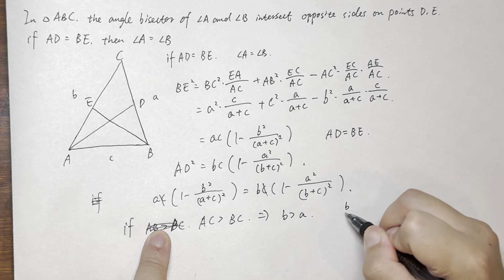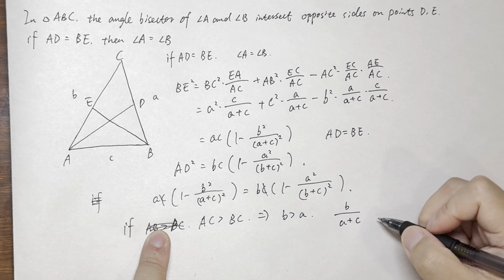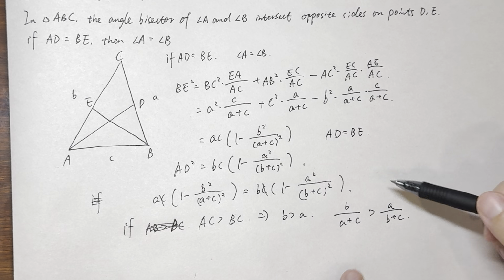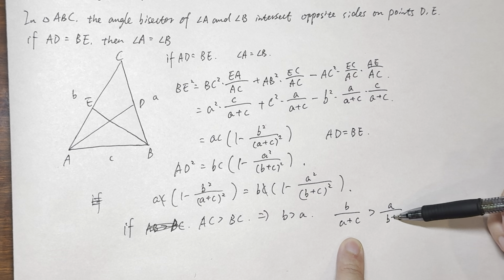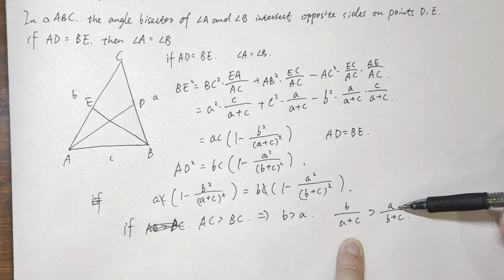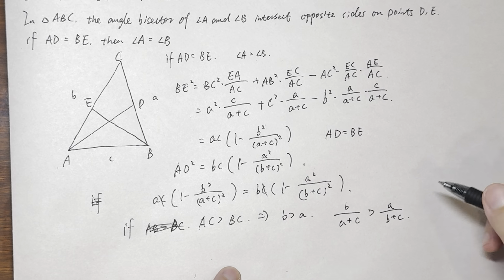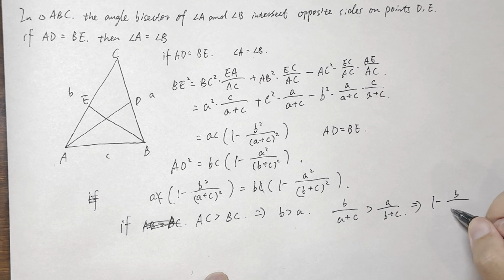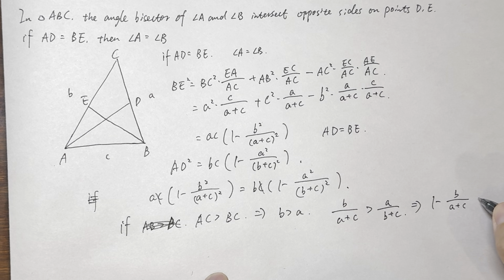Then we know that B divided by A plus C should be larger than A divided by B plus C, right? Because B is larger than A and B plus C is larger than A plus C. So B to A plus C should be larger than A to B plus C, which means 1 minus B to A plus C squared should be smaller than 1 minus A to B plus C squared,